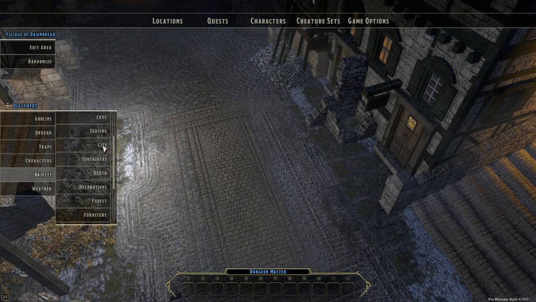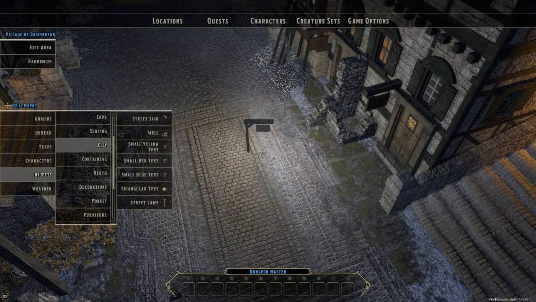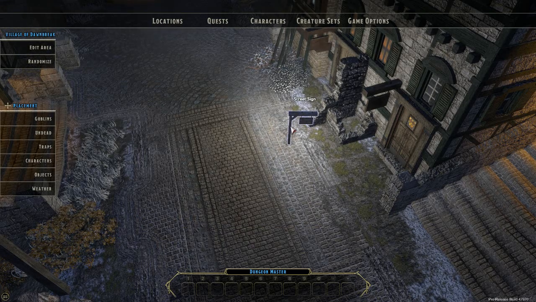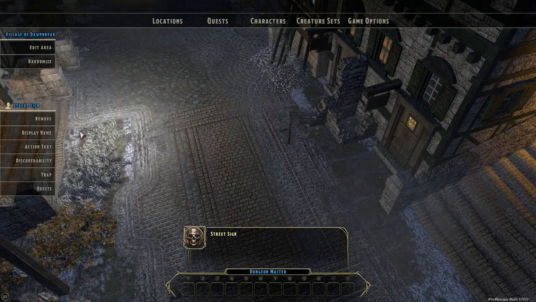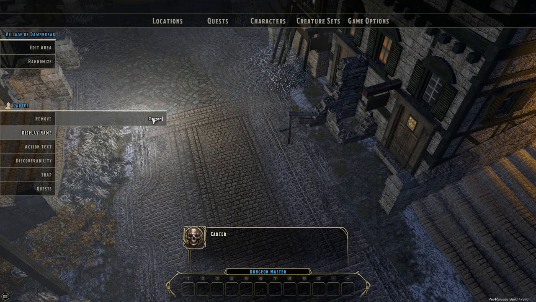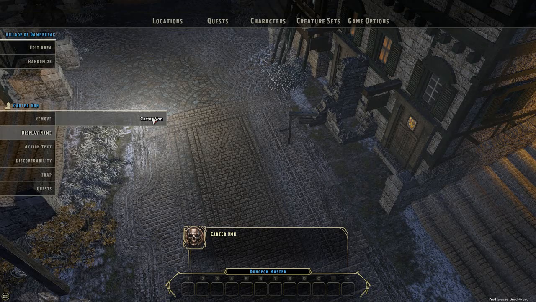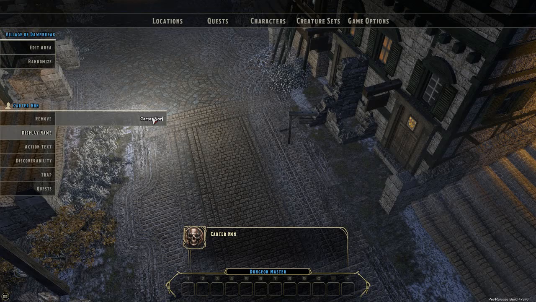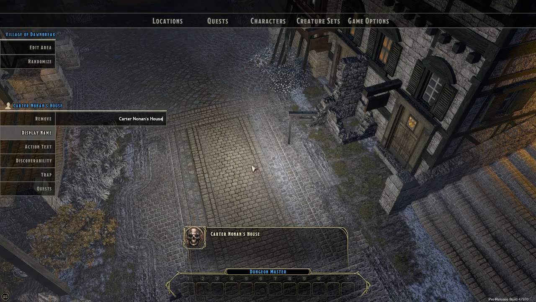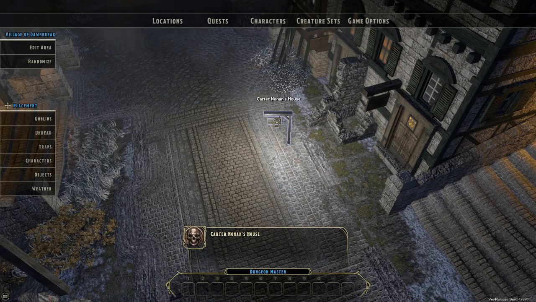So what are we looking for? City. We definitely have to be a street sign though. No. Let's go with display name. Carter Noonan's house. And I have my paperwork covered up, so I'm not sure. Maybe we need to...